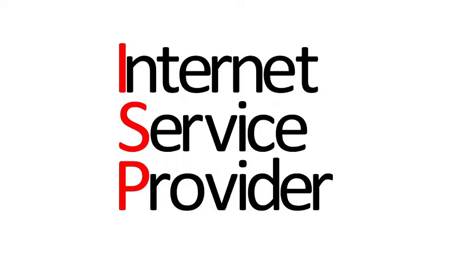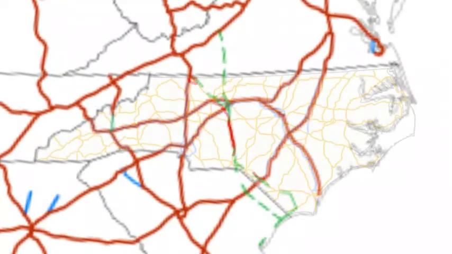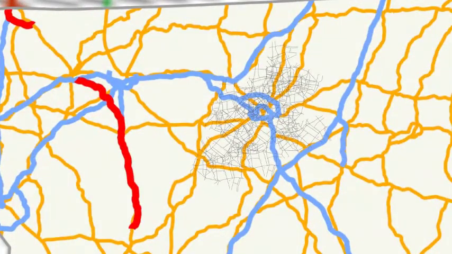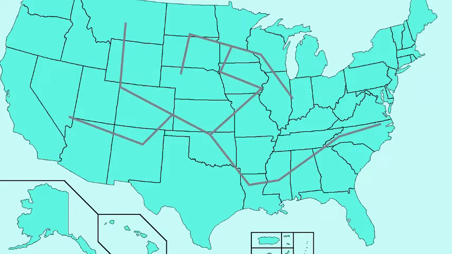Now let's move on to what an ISP is, also known as Internet Service Provider. I like to use the analogy of roads here. You have interstate highways, and then you have two-lane highways that are smaller and connect to the interstate highways. And then from those, you have even smaller roads that go to businesses, and even smaller ones that connect to your neighborhood and your driveway. The wires that make up the internet work very much the same way. There are companies that own and manage the wires and sometimes satellites and other infrastructure that transfer your data the massive distances, hundreds and thousands of miles.